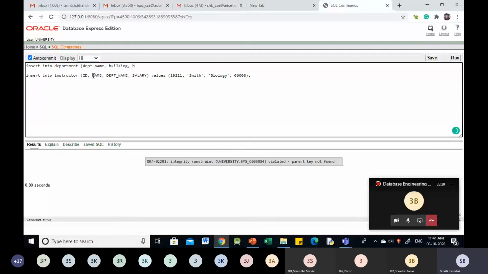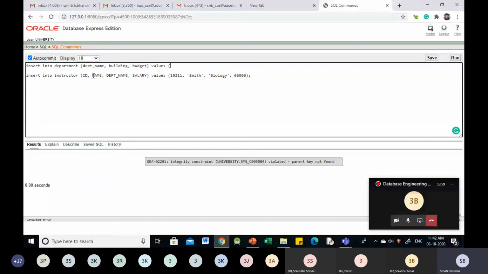So insert into department, list of attributes, then values, and we provide those values. We want to insert the instructor from the biology department, so first we should insert that department in the department table, because that department name is the foreign key in the instructor table.